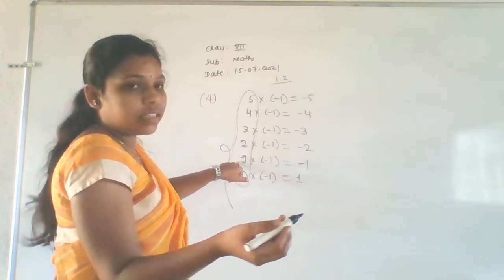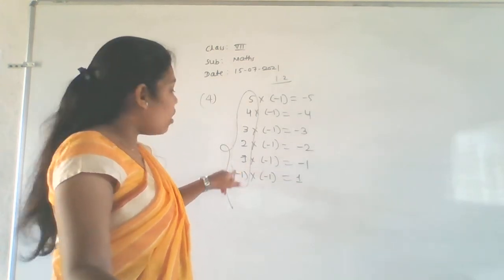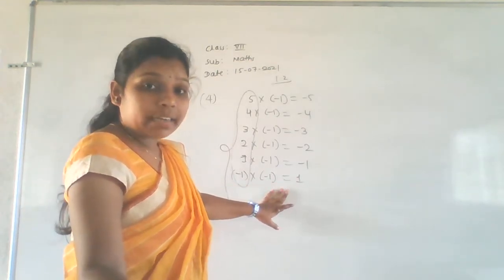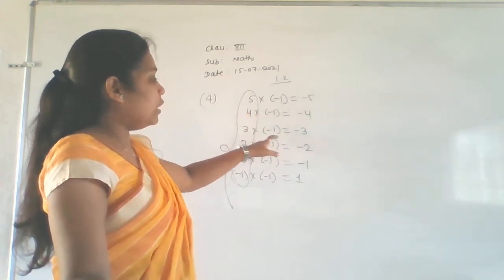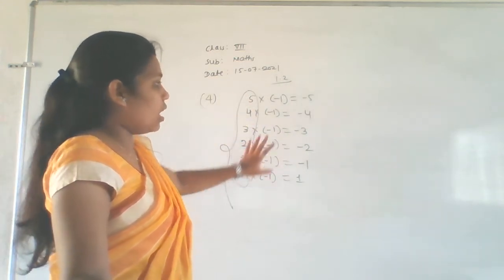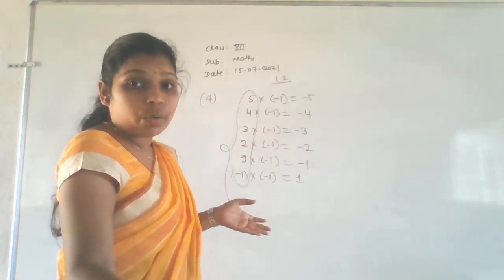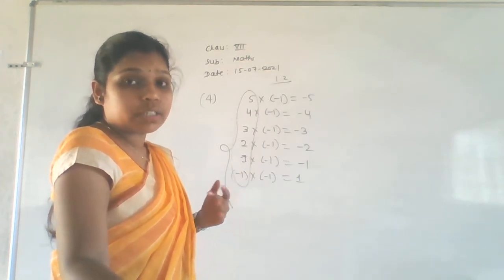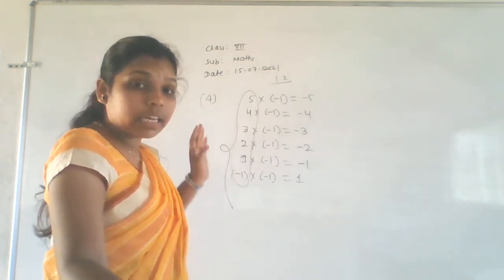Okay. Don't consider the 0, because if you multiply any number by 0, then you will get 0 only. For that reason, don't consider the 0. We want the answer minus 1 into minus 1 equal to 1. For this we have to write the pattern here. So this is the pattern. 5 into minus 1 is minus 5. 4 into minus 1 is minus 4. 3 into minus 1. I just decreased these values. This one is the same only. So this is called the pattern. I hope everyone knows the pattern. How patterns are formed, you know everything, because in lower classes you already studied patterns, right? So according to those patterns we wrote this one. Okay, so this is the answer for the fourth question.